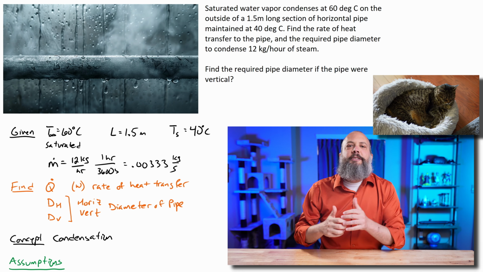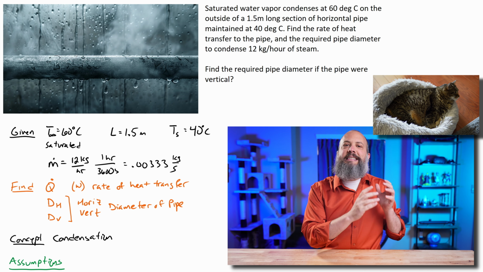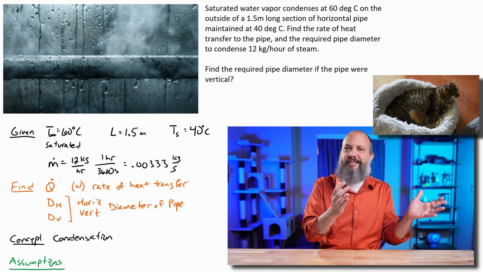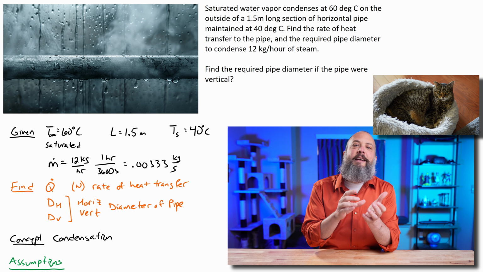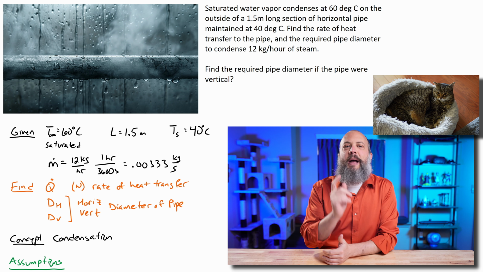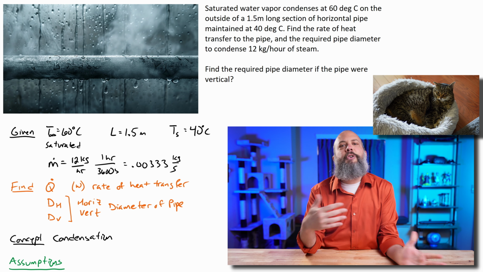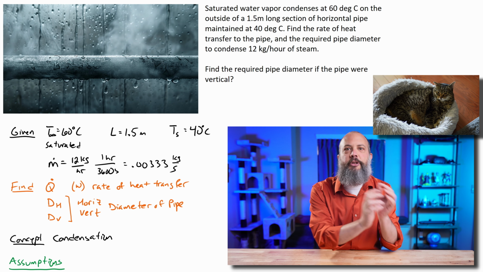So we're given in this problem that we've got pressurized saturated steam at 60 degrees Celsius. And we know it's pressurized because otherwise steam would normally be saturated at 100 degrees Celsius. We've got a pipe that's at 40 degrees Celsius. It's 1.5 meters long. We've got a mass flow rate in kilograms per hour, which I'll convert to kilograms per second. What we're trying to find is how much heat transfer is actually going from the steam to the pipe,